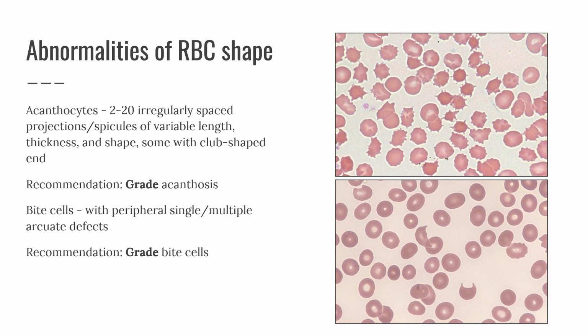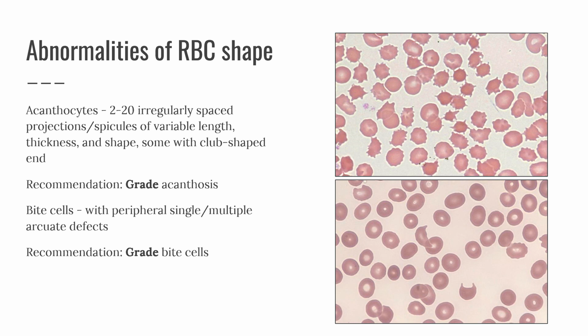Acanthocytes have 2 to 20 irregularly spaced projections or spicules of variable length, thickness, and shape, and some with club-shaped ends. The recommendation is to grade acanthosis. For bite cells, same. The recommendation is also to grade bite cells. Bite cells usually occur due to the removal of Heinz bodies by the spleen, and this is a feature of